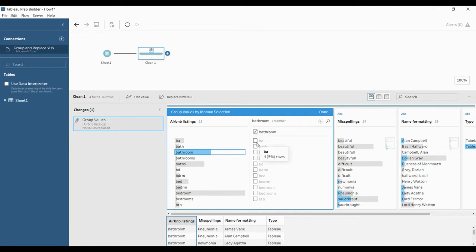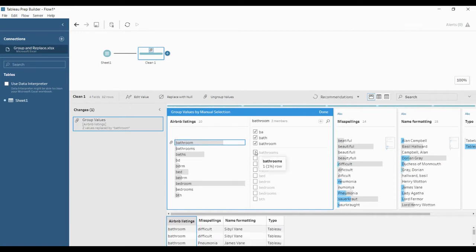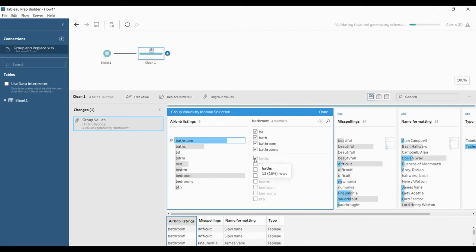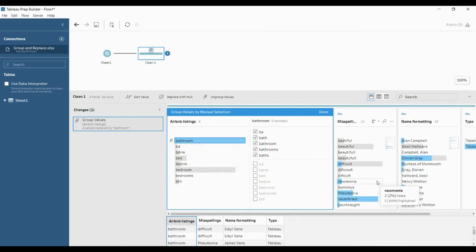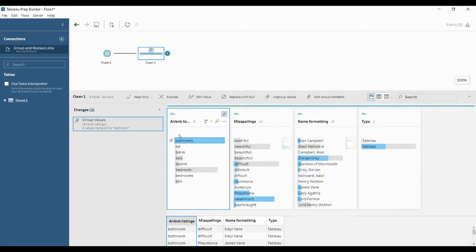I want BATH, BATHROOMS, and BATHS to be grouped inside bathroom. Once I have selected, everything has been grouped and it is showing a pin icon, which means that this has been grouped. Click done, where you can see that all the data has been changed.